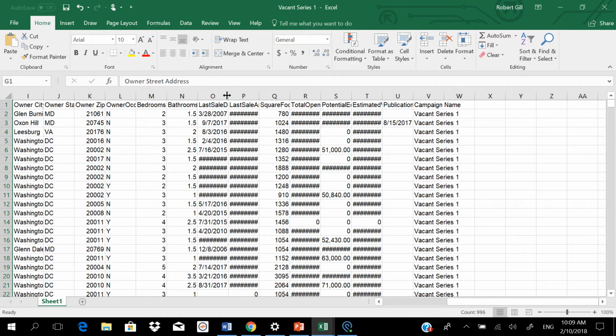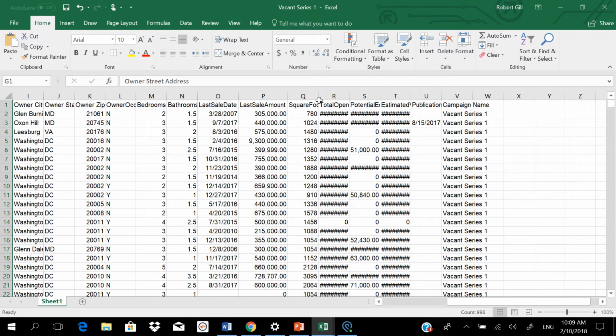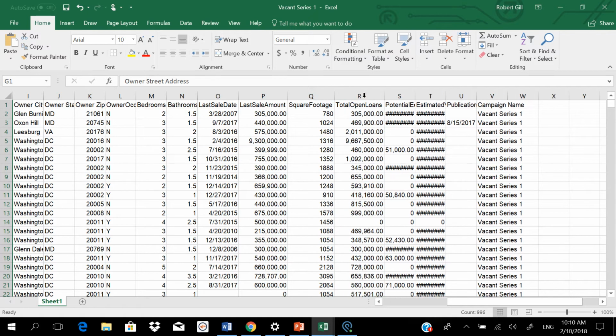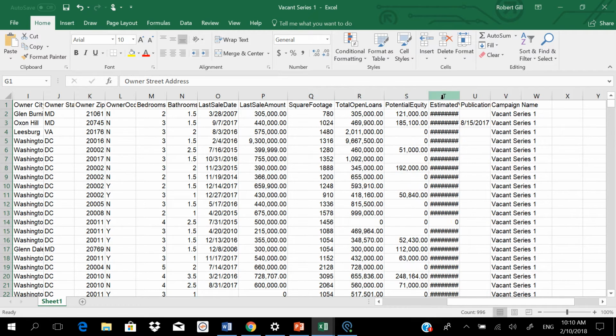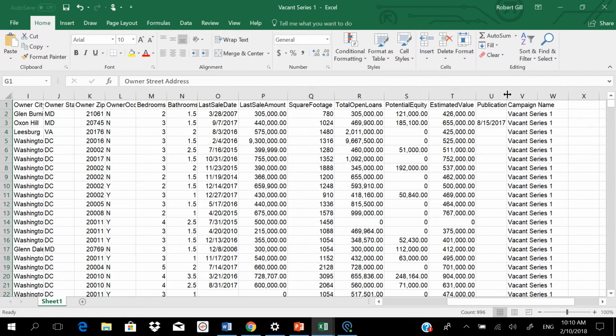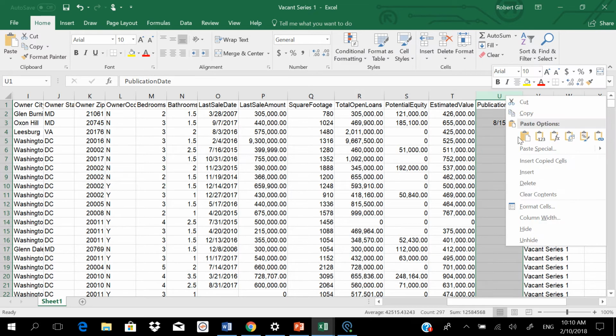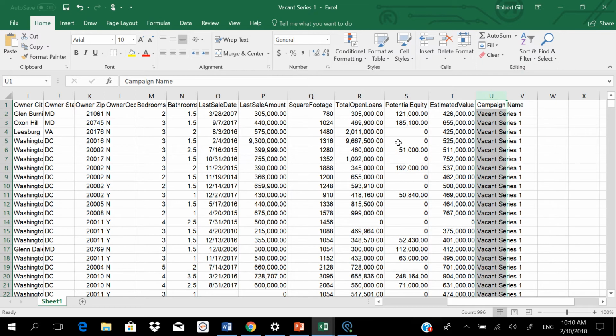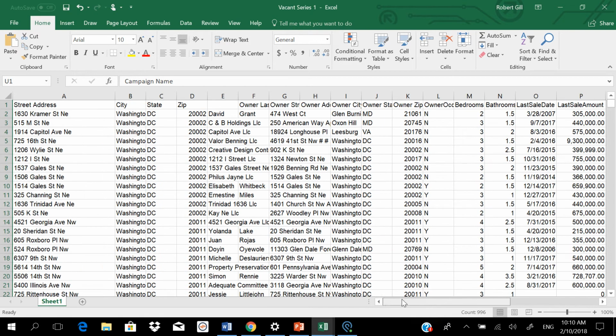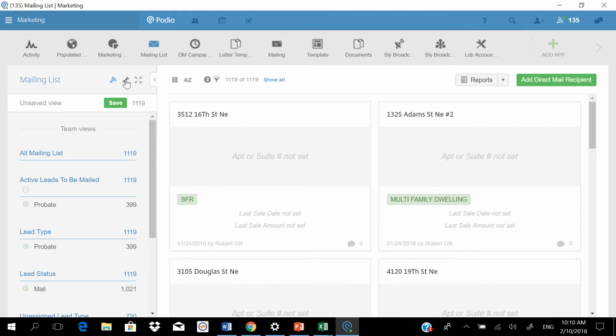So, for example, we go here: last sale date, last sale amount, total open loans, potential equity, estimated value, publication date. Like publication date, we don't really need that. We can get rid of that. So we're going to just leave it like this now. So again, I'm just going to save this, and then we're going to go through and import